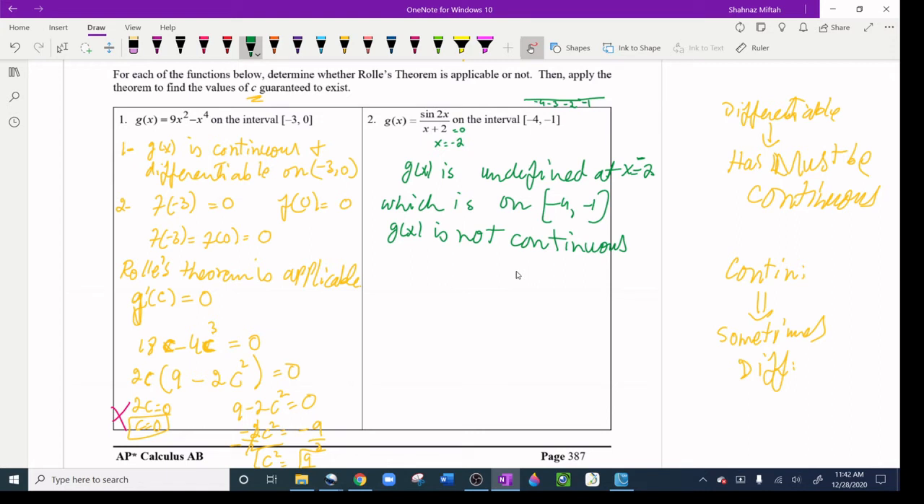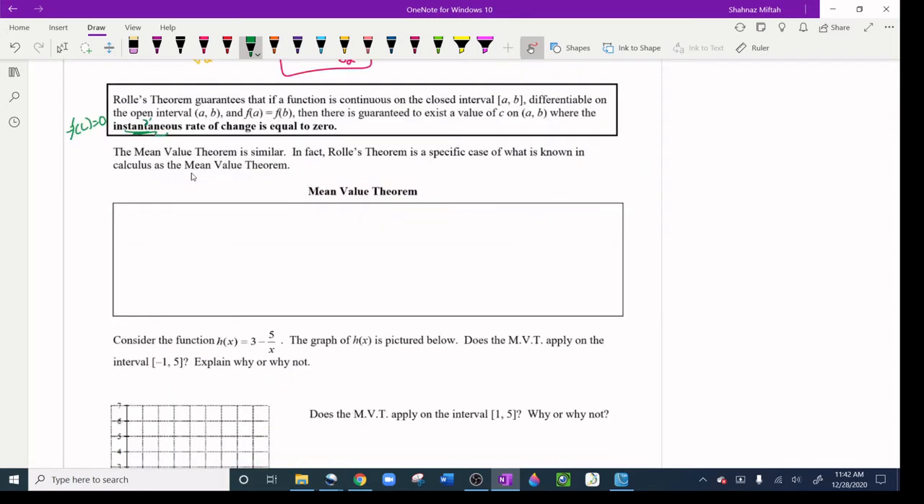Okay, let's try the mean value theorem. The mean value theorem is similar. In fact, Rolle's theorem is a specific case of what is known in calculus as the mean value theorem, but let's try the mean value theorem, and Rolle's theorem is done. Again, the conditions: if f of x is continuous on the closed interval and differentiable on the open interval a, b, then there must